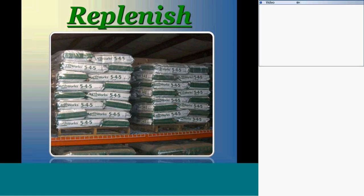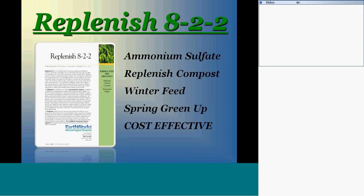Our core product line is the Replenish line. Our flagship is our 545 product. It was the first product we built back in 1988. It's still, to this day, one of the largest selling SKU products in the marketplace. It's a very complete fertility. But we also built a product called Replenish 822, in which we can create a pretty easy fertility program that's